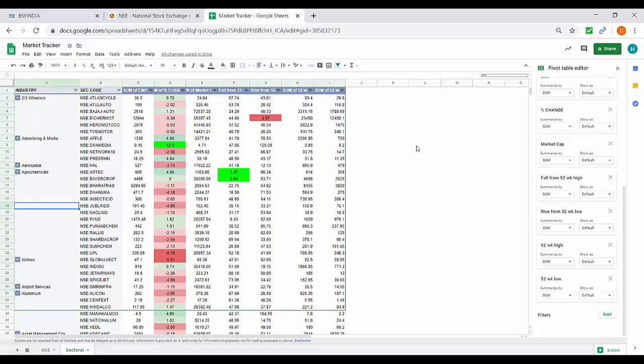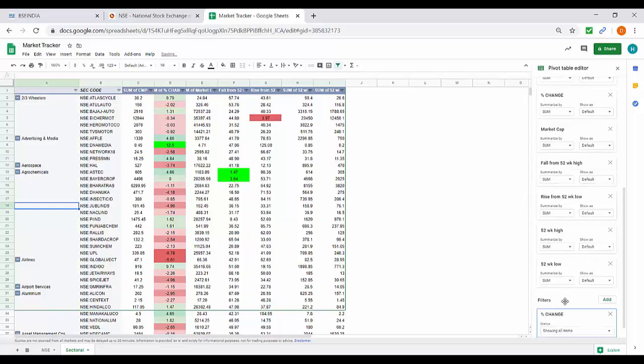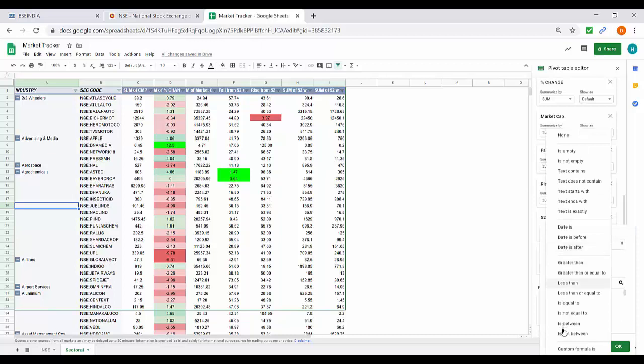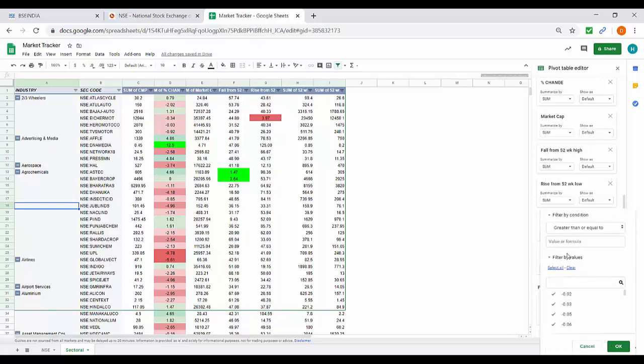Now, as you know, the pivot table also gets updated in the live market. If we want to analyze what is moving in the market, we can apply a filter, say on percentage change, and filter by condition for stocks which have moved more than 5%.